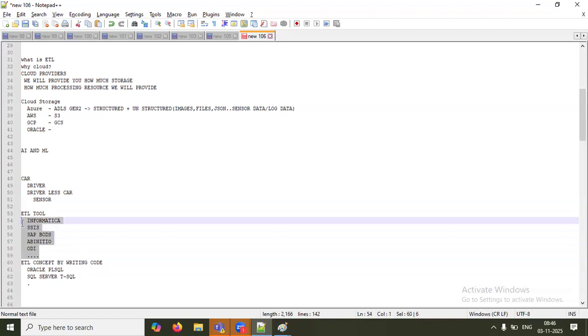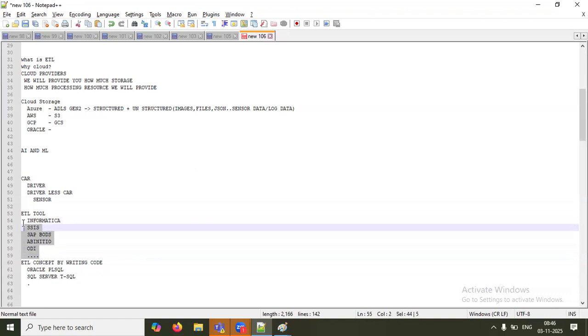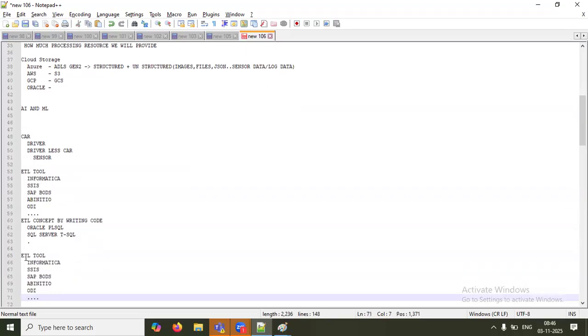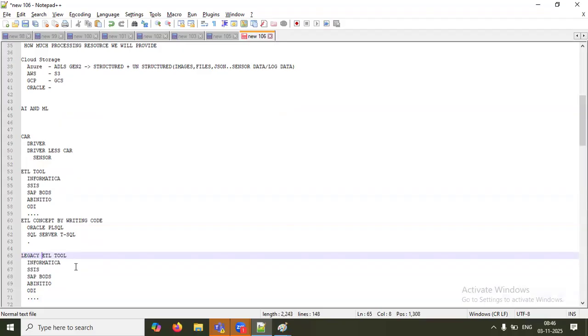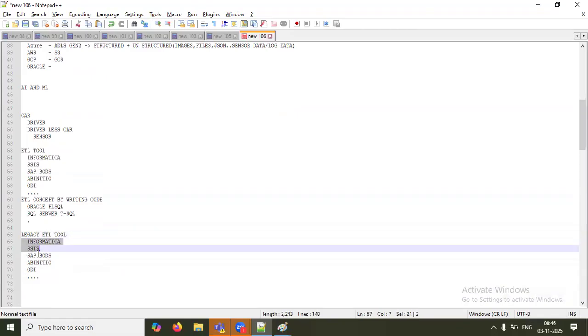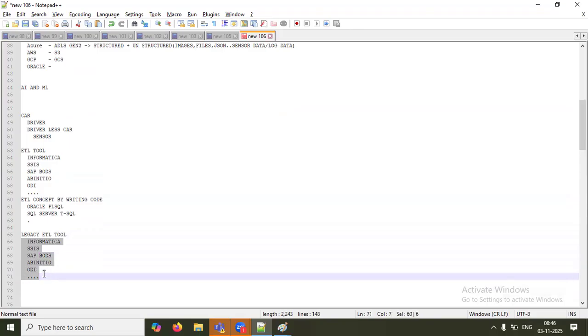But now you can consider these ETL tools as legacy ETL tools. Legacy means old ETL tools. I'm not telling exactly, but soon these tools will sunset.